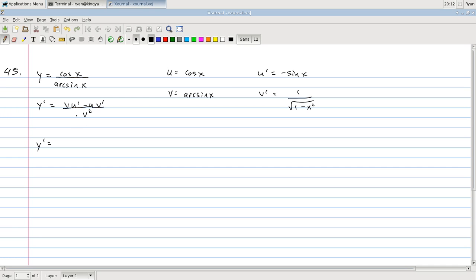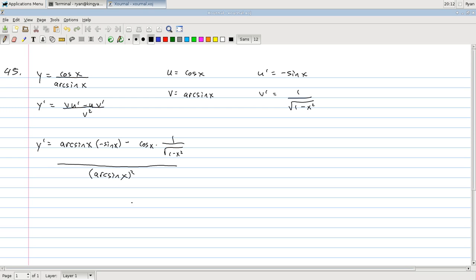So we've got v times u prime, and this is arcsine x times negative sine x, minus u times v prime, which is cosine x times 1 over the square root of 1 minus x squared. And this is all being divided by v squared, which is arcsine x